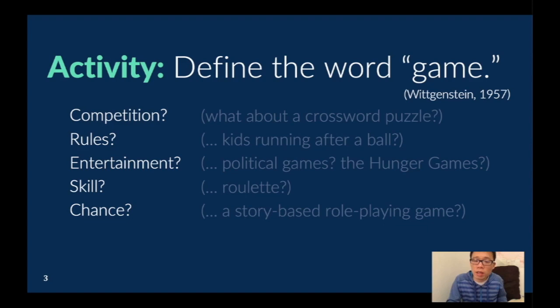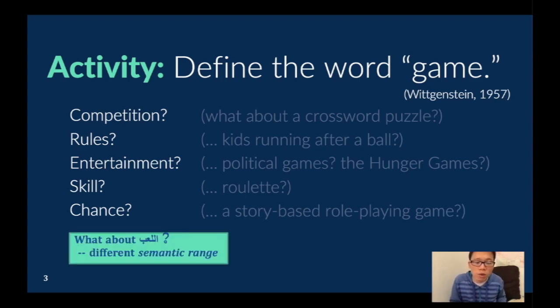And so when we're thinking about how to get a computer to compute words, this is something we need to keep in mind. I just want to note also, what if you are talking about another language, like the word alaba? I don't even know if I spelled it right, but it has a different semantic range in Arabic. It's a toy as well as a game, I think. And so different languages have different semantic ranges for the words that they use. That makes it even more challenging if you are going to be talking about the meanings of words across languages. I'm not going to talk about that much, but that's just a side note, that the meanings across languages are going to be different.